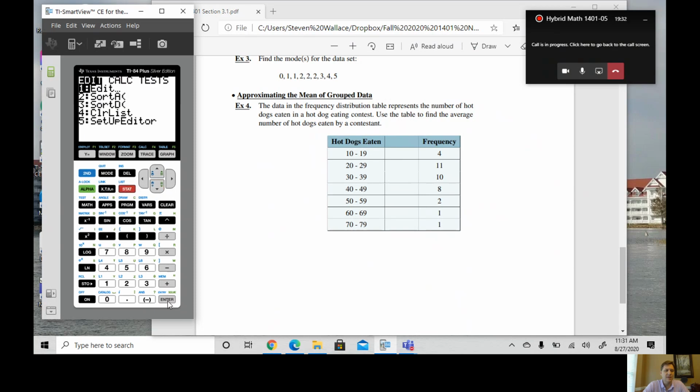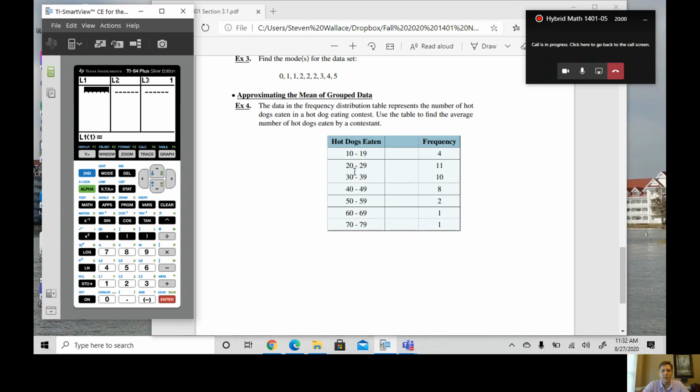To do that, we still go to Stat Edit. We clear out our list, okay? But once again, we don't have the raw data, so I can't put in all the data values. I don't know what they are. But I do know that there are 4 that are between 10 and 20, right? So we're going to approximate the mean and the median by using the